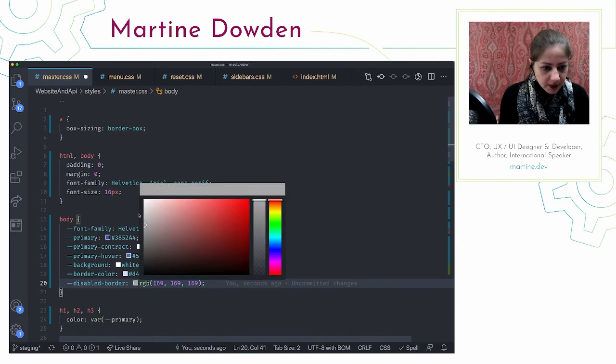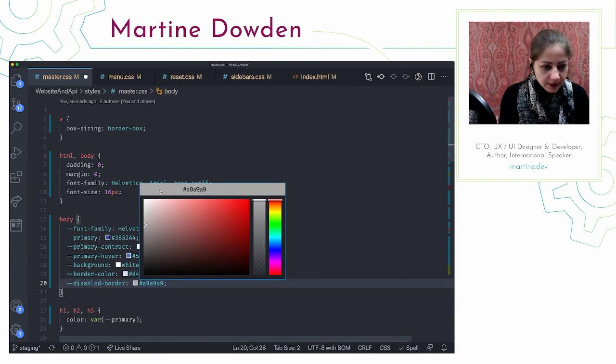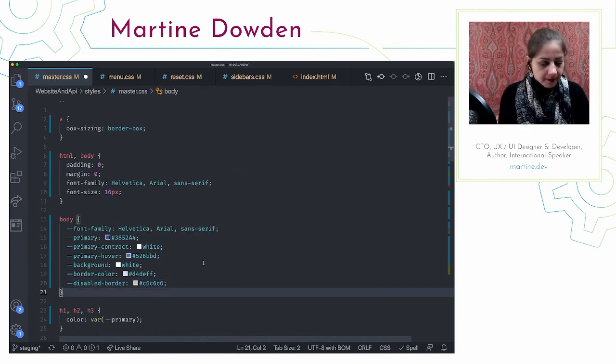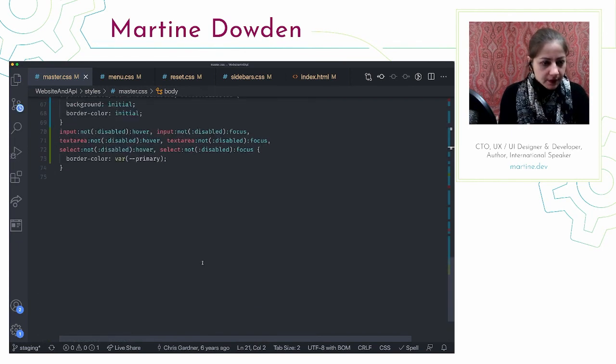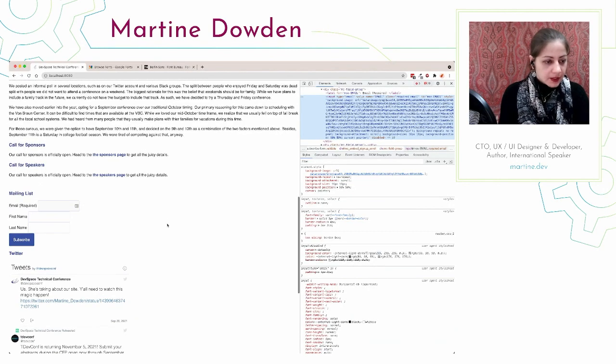What does that pan out to be? Yeah, that's not bad. There we go. Okay, so we've handled our input fields.